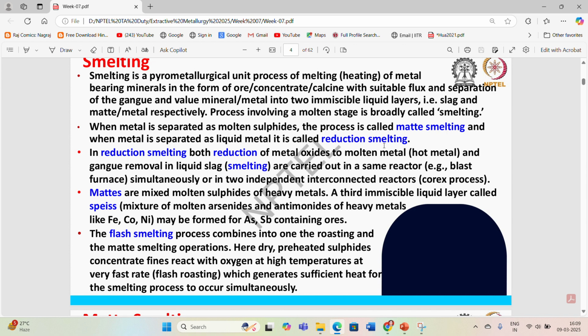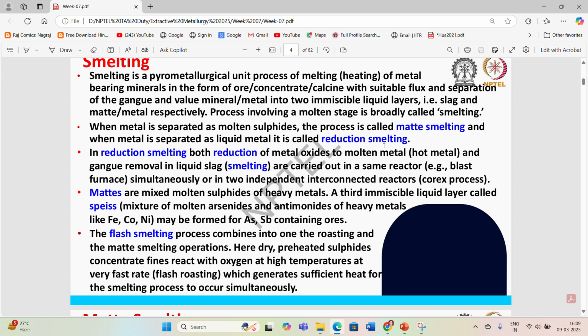When metal is separated as liquid metal, it is called reduction smelting. The common example of the reduction smelting process is iron ore smelting in the blast furnace. In it, we are trying to reduce the iron oxides to the metallic state, and at the same time we are producing liquid metal consisting of more than 99% grade of iron, and the impurities present inside the iron concentrate, which are generally Al2O3